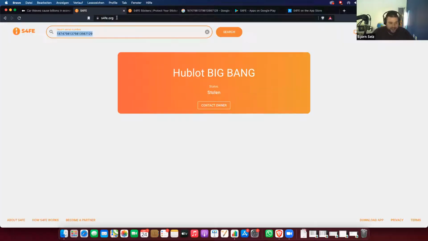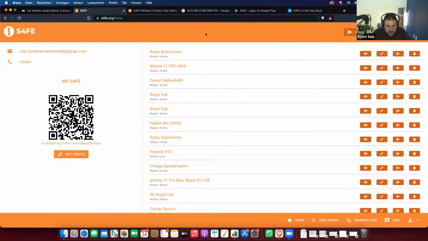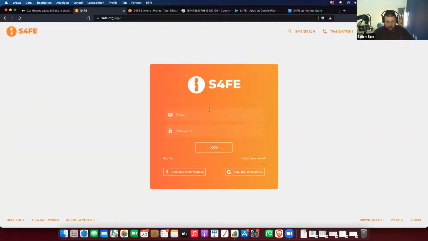Okay, so let's dive into how the SAFE application is exactly working. In the right corner, you have a button that says access the SAFE application. One click and you are in the tool. You are already in the process of adding your items. I sign out real quick to show you the sign up process. Here you have the sign in